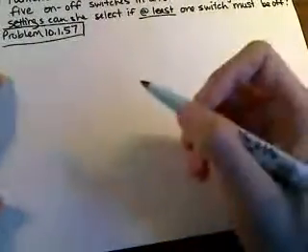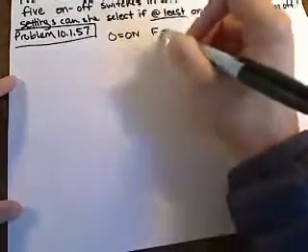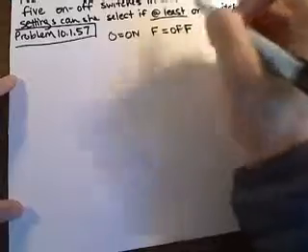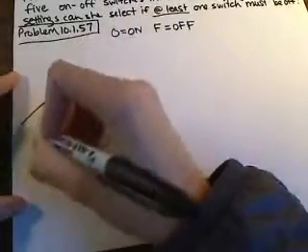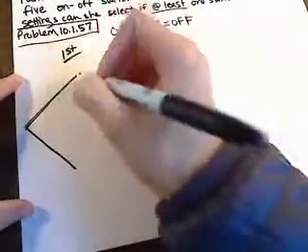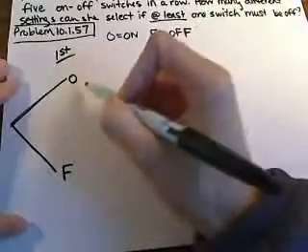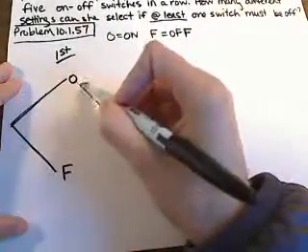And so we're going to use a tree diagram to answer this question. Let's just let O equal on and F equal off. So we talk about the first switch. The first switch can be either on or off. Okay, and then we're going to follow this tree out